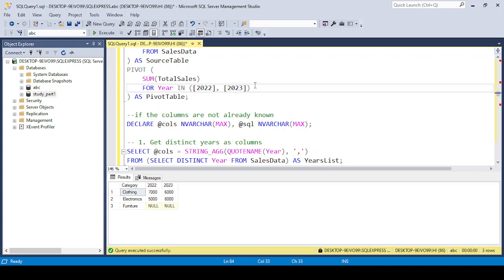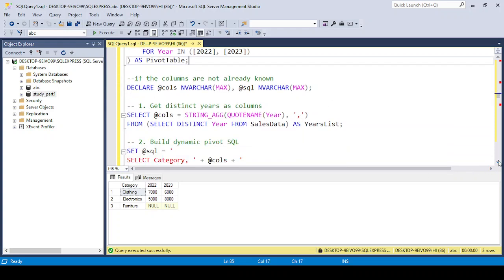How do I get the list of the years? When we want to do it step by step, first of all I want to get the list of years, and that has to be passed to the query. So for that, what I can do here is